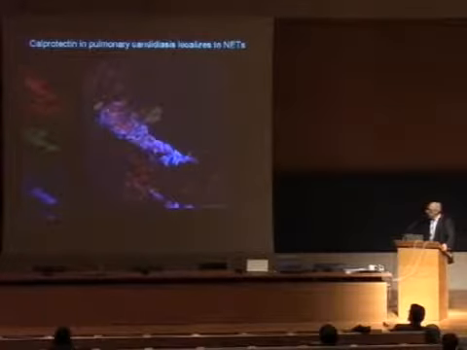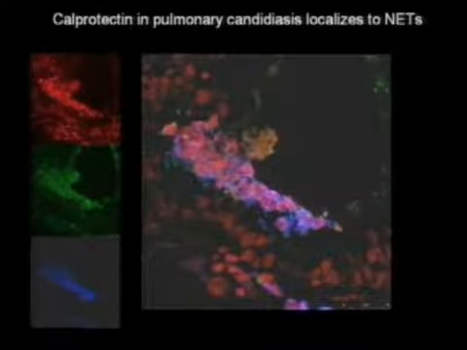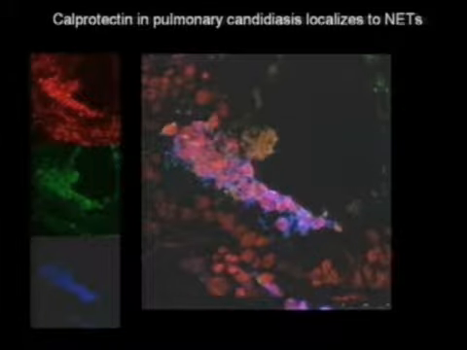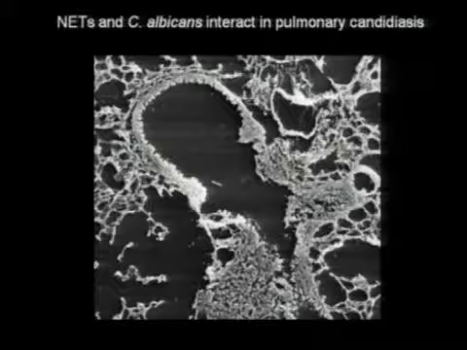So when we superimpose all the structures, it looks like this at inflammatory sites. You can see the nuclei of the cells. Many of these are neutrophils. You can tell by the shape of the nucleus. But you also see this extracellular fibrillar material that is reminiscent of what the nets should look like. And we can also take these paraffin sections and look at scanning electron microscopy to see the net.